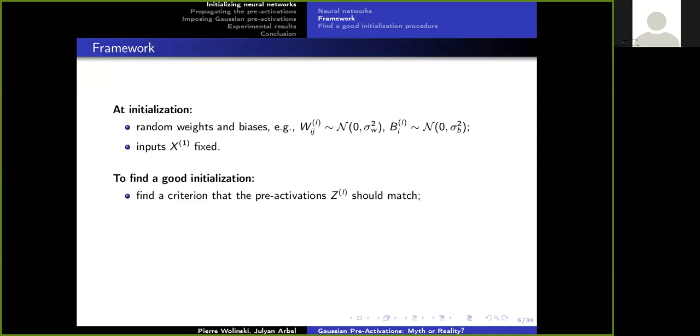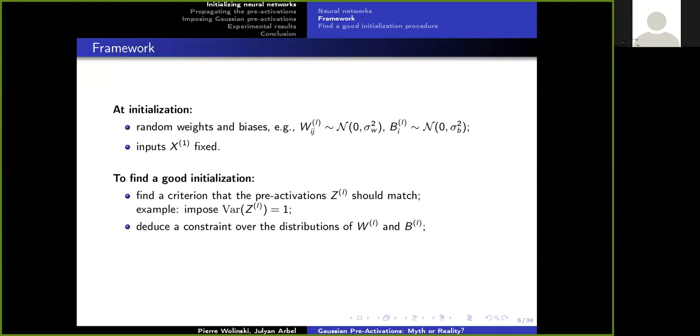To find a good initialization, usually we start by finding a criterion that the preactivations Z should match. For instance, impose the variance over Z. And then, after fixing a variance for Z, deduce a constraint over the distribution of W and B. So why do we want to impose a criterion on the preactivations Z? For instance,